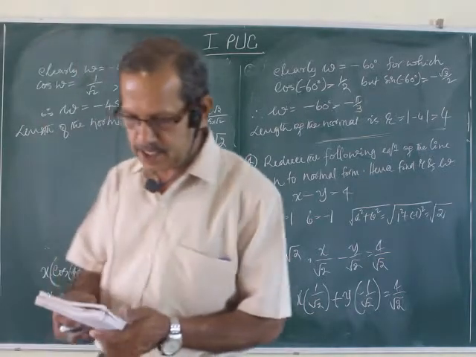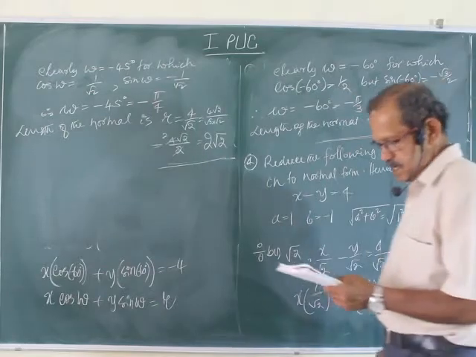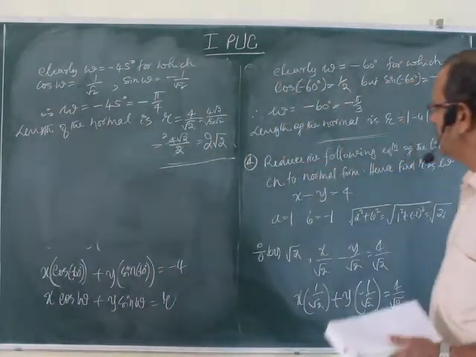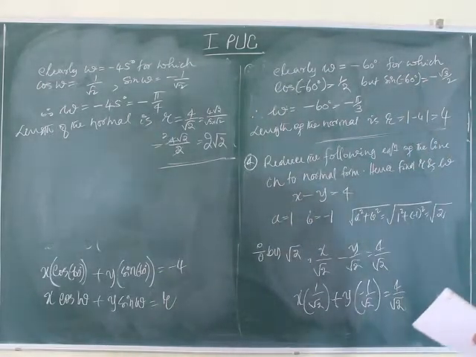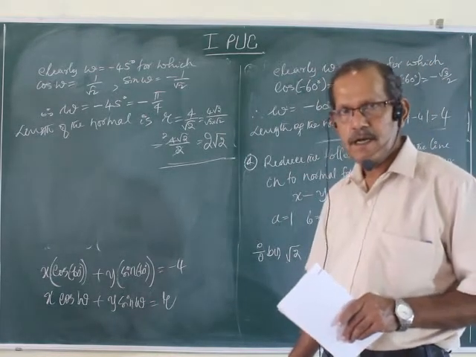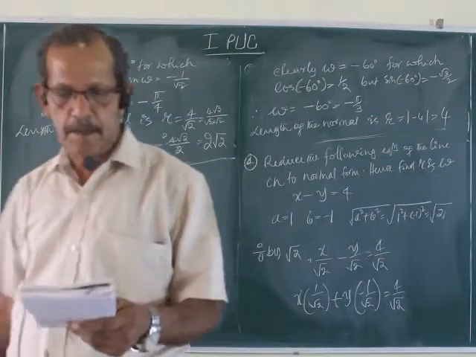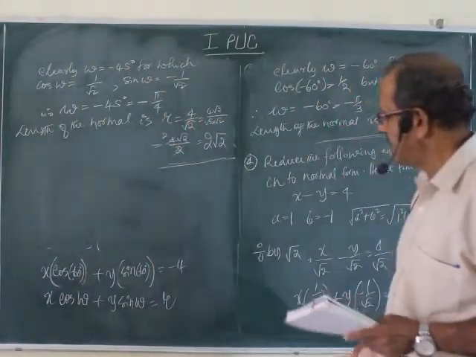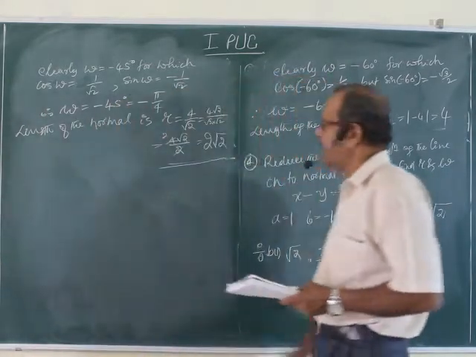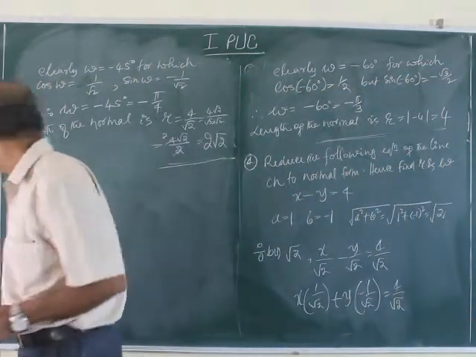Enough. Two examples, different types of problems from the exercise. Actually, there are many problems in the exercise, but most of the problems we did in the class. Some problems seem to be a little special. Such problems I am going to work out now. In the exercise, certain problems are a little different. That is why I have taken such problems only. Problem number 4 over, no? Fifth one, right?